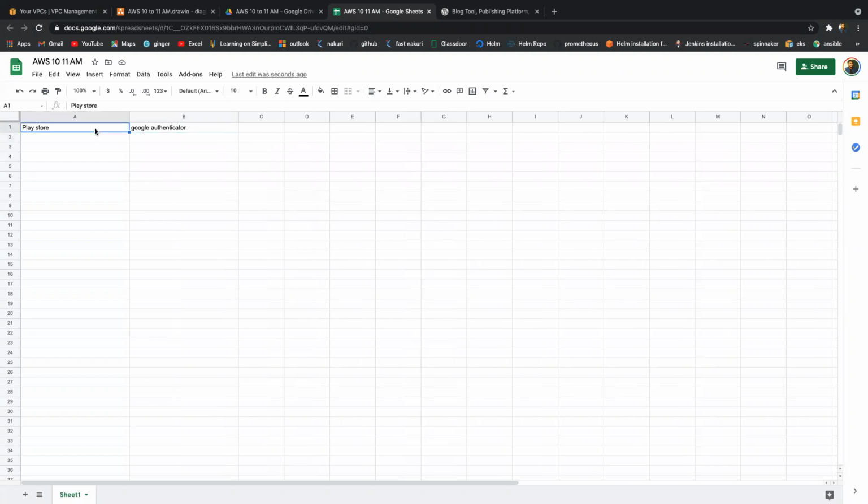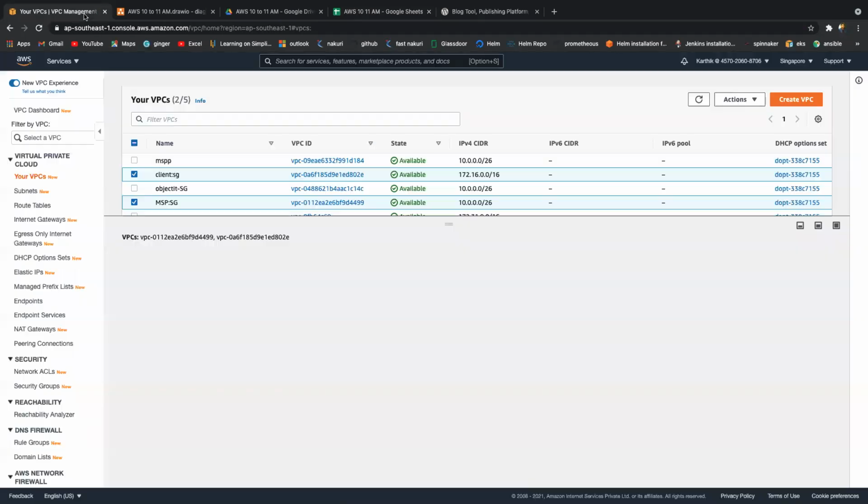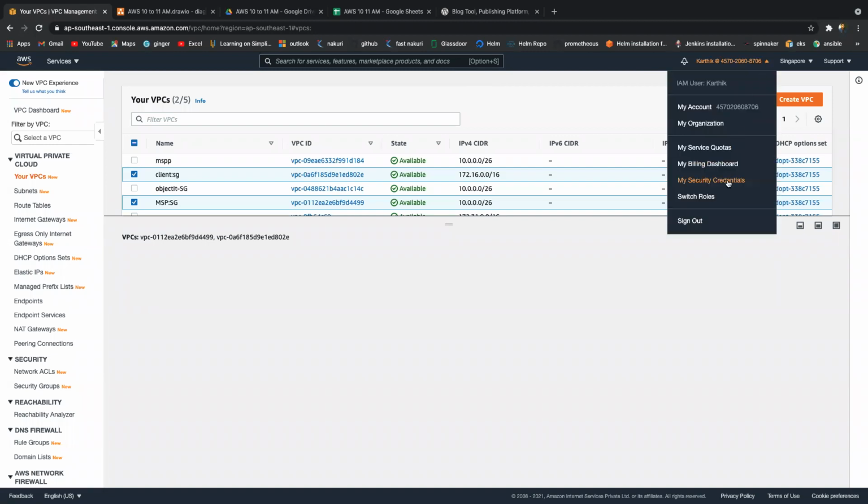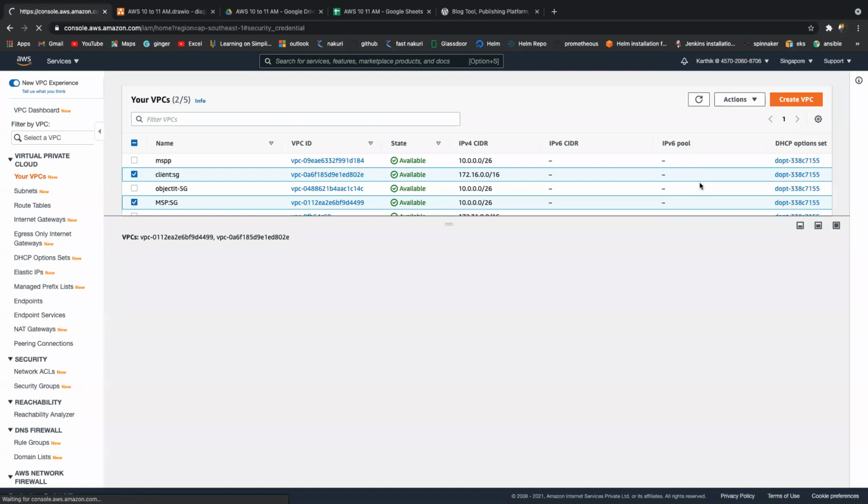Now you need to install Google Authenticator on your mobile. Once you download it, go back to your console, and here, My Security Credentials will be there.